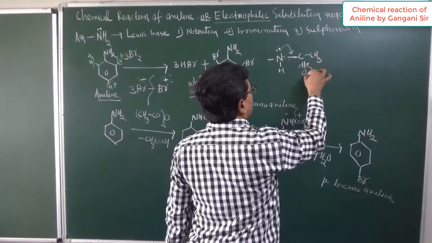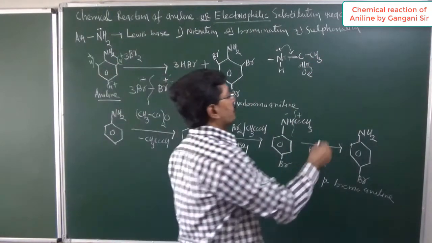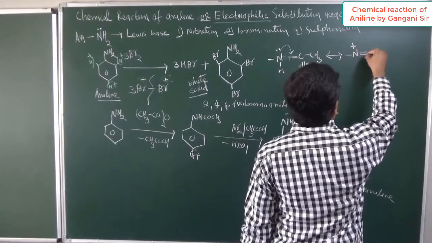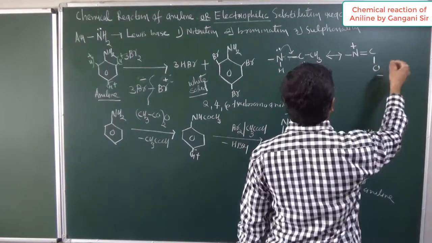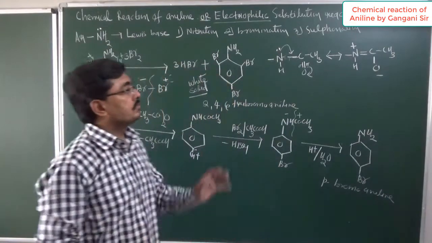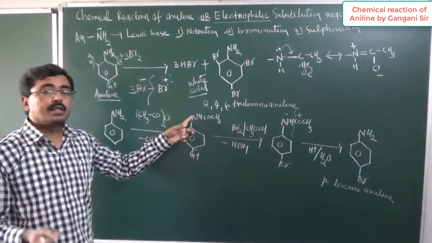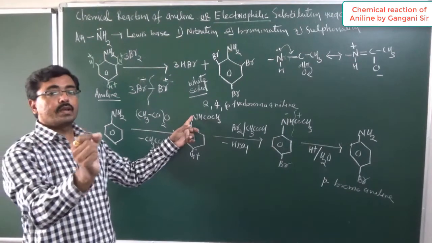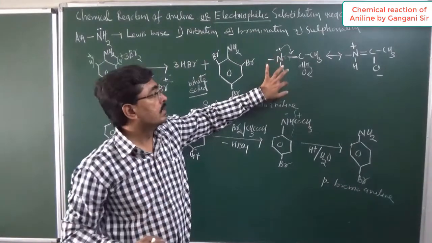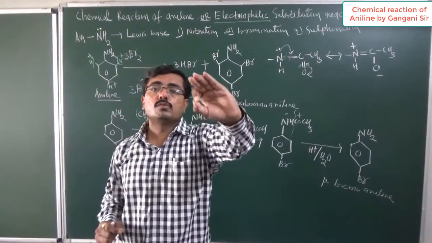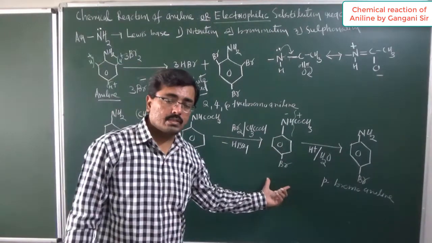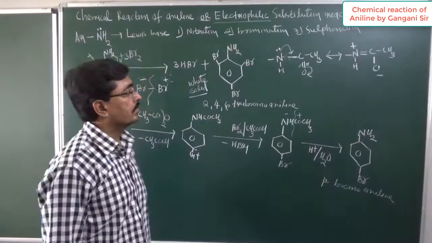Now this pi bond electron will transfer onto oxygen, and due to this we get this type of resonating structure. Now nitrogen has given its electron pair, so a double bond forms between carbon and oxygen, and oxygen has a negative charge. So this type of resonance will be there. Now on nitrogen there is a lack of a non-bonding electron pair. Therefore only the mono-substituted product will be obtained. So we get para-bromoacetanilide, which on hydrolysis gives para-bromoaniline.